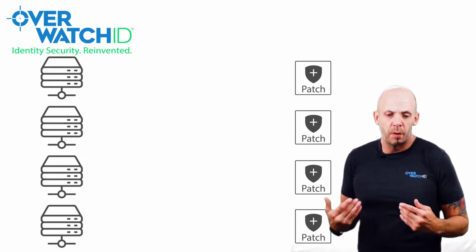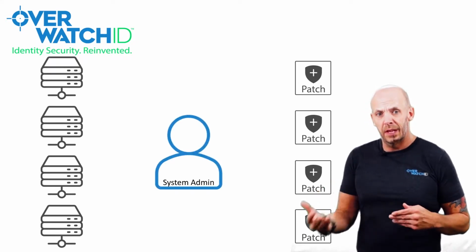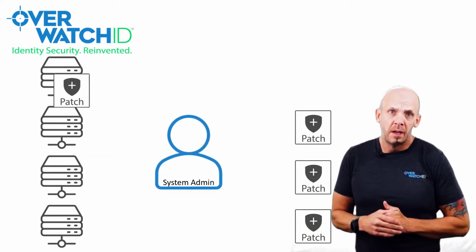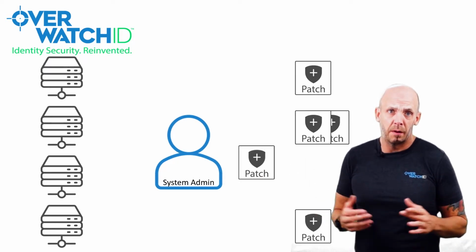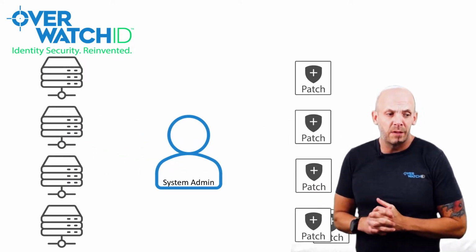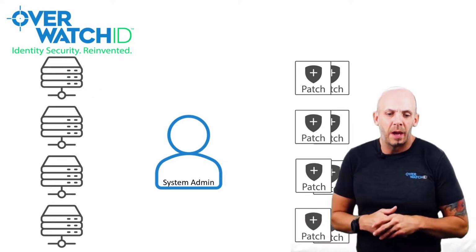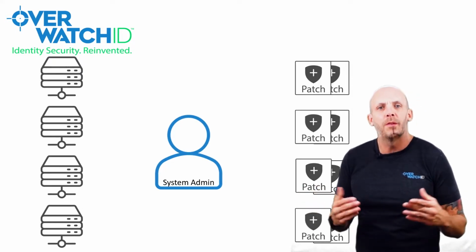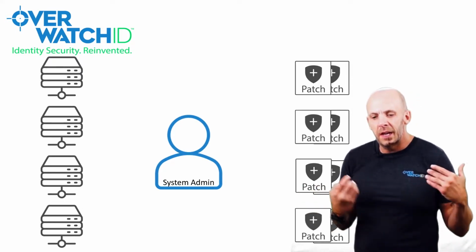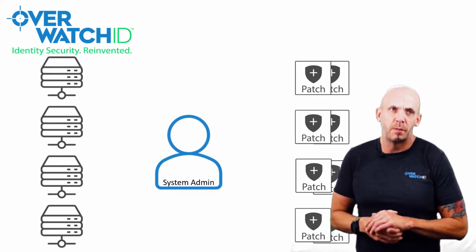The problem with just rolling out security patches, most vendors leave it up to their clients to download the patch and update their infrastructure themselves. That methodology invariably leaves some of those clients out and they end up being out of patch or not up to date with their patches. Because the identity breach vector is the number 1 breach vector, any PAM, privileged access management system,